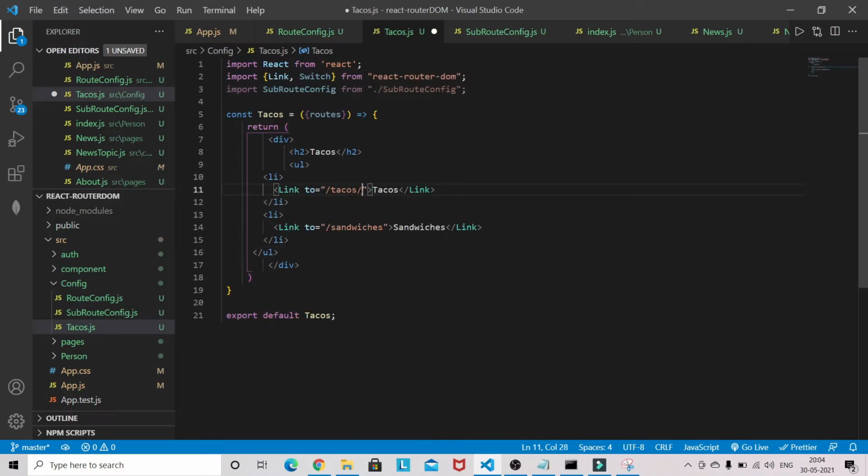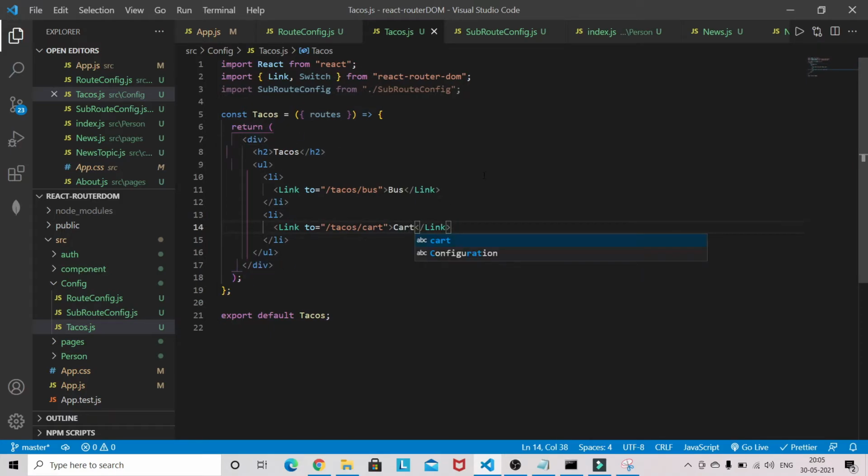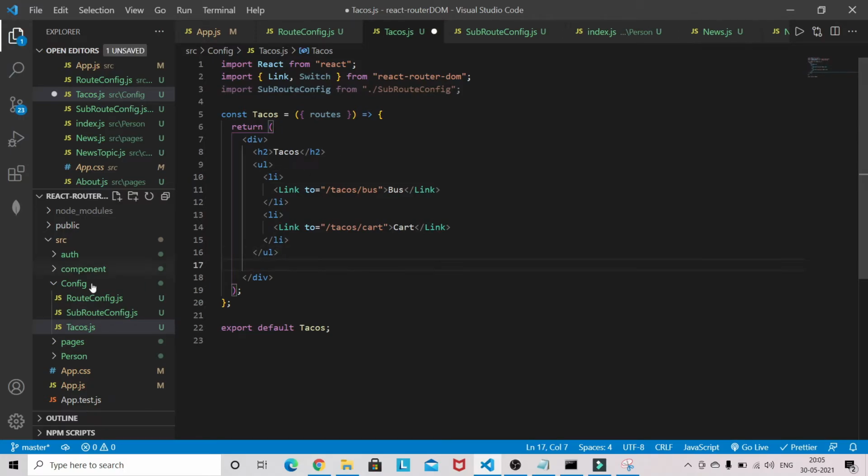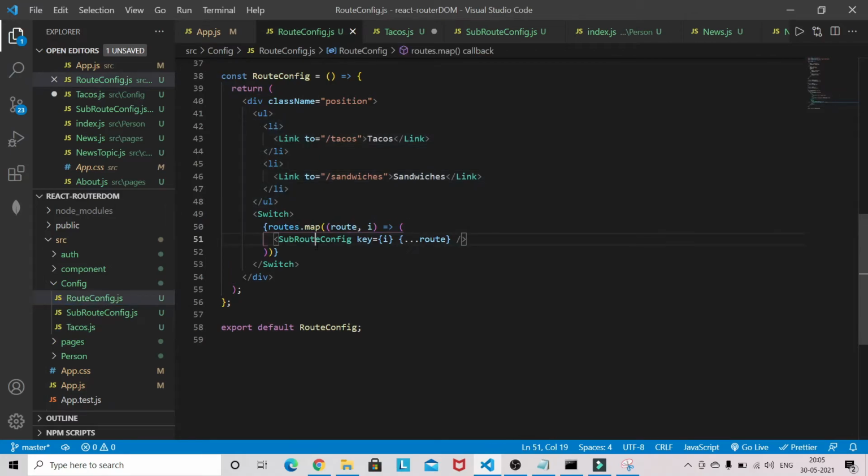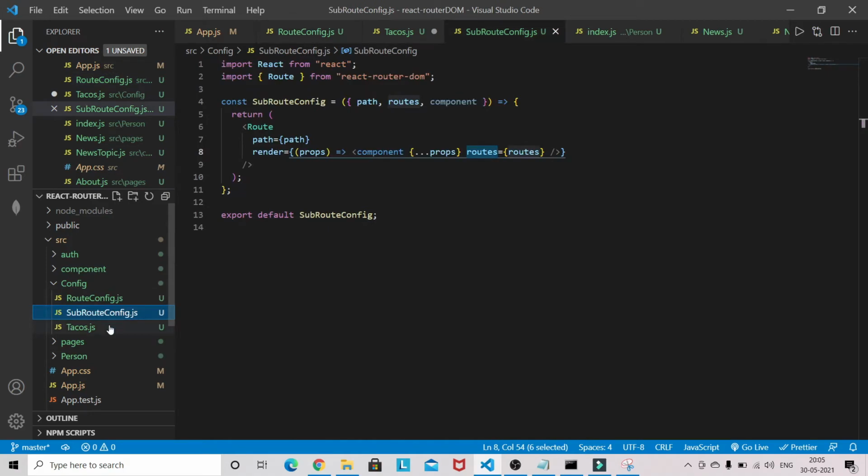We have to add bus, and this will be tacos cart. This will be bus, and this will be a cart, and we have to use the switch again here. I will just copy this one. This is the same thing we have to do here as well.